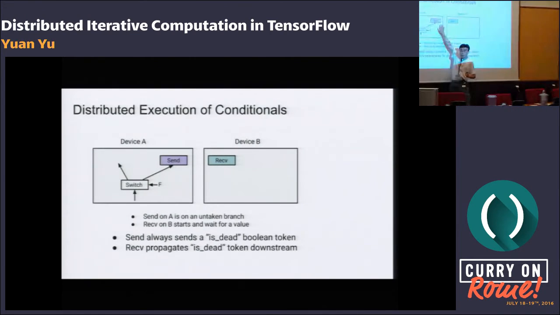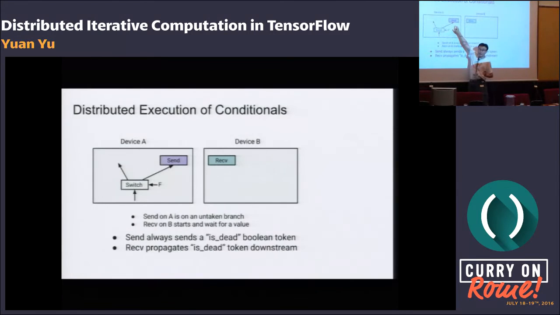Even for the untaken branches, we propagate the dead token, a Boolean token, sent from the send to the receive. The receive is going to receive that token, and it's going to keep propagating this token. For instance, maybe there's a third device that is going to keep propagating.